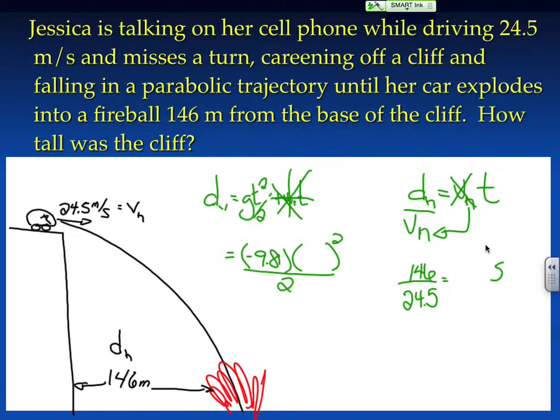I got 5.959183673. And again, I don't want to retype that thing. All I want to do is hit squared, because that number was what I was missing right there. So I just square that and then multiply times negative 9.81 and then divide by 2. And I get